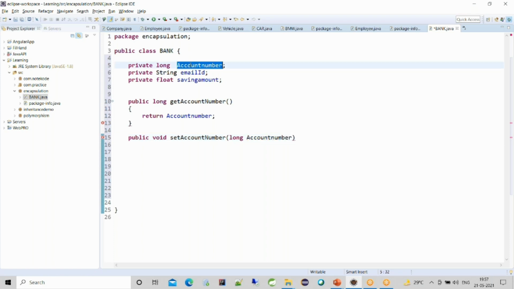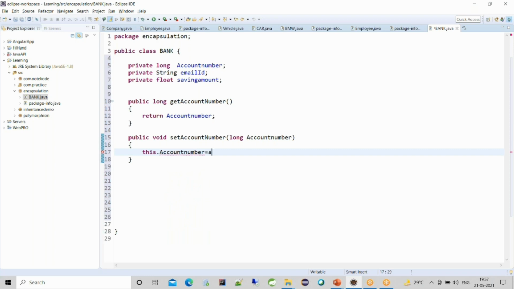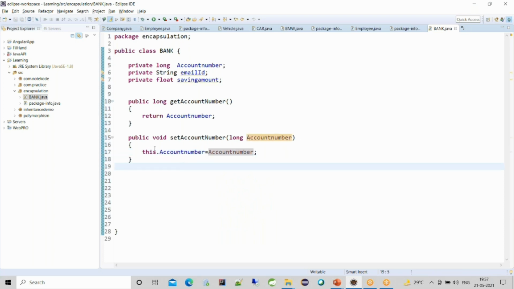This is the account number which has been declared here. And now I will write this.accountNumber equals accountNumber. This is basically used to refer to the current variable or method.